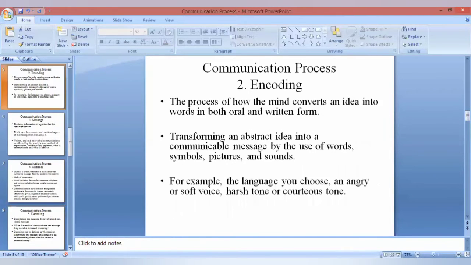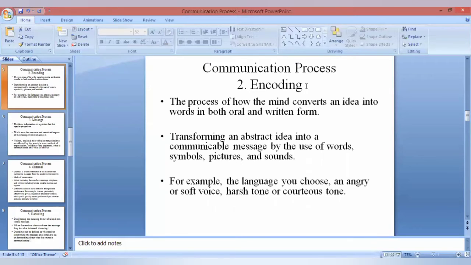So the second component, as you can see, is encoding, right? Encoding is defined as the process of how the mind converts an idea into words in both oral and written form. As far as encoding is concerned, this is a process,